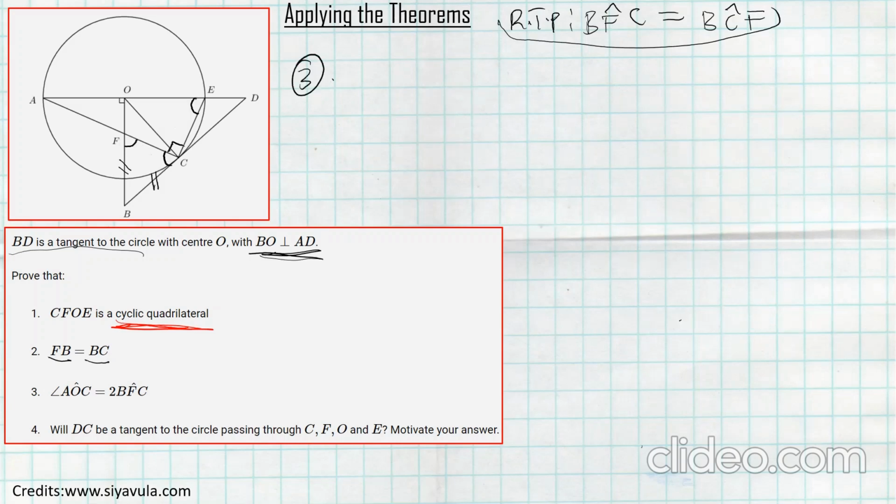Let's now go to number 3. Very interesting question. They want you to prove that angle AOC, this angle here in orange, is the same as 2 times angle BFC. So it's the same as this times 2. How can we prove that? You use your properties of angle at the center. We know that angle